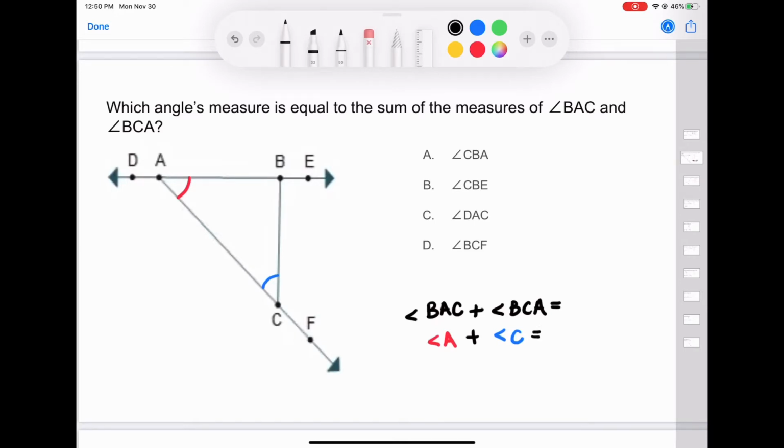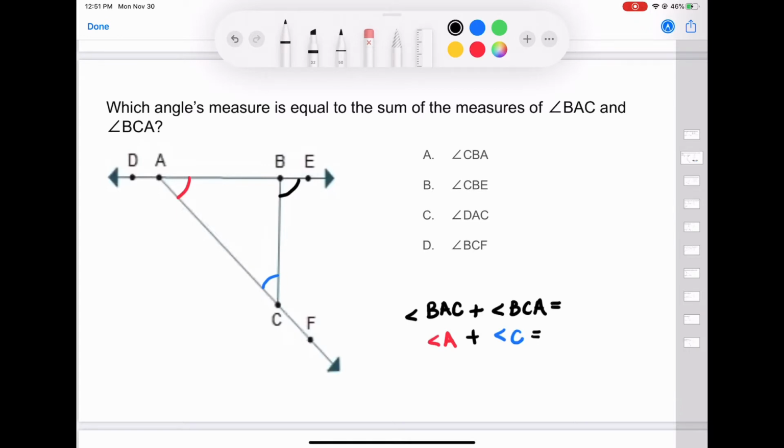Well, what we know is that the exterior angle of a triangle is equal to the sum of its two remote interior angles. Therefore, we would want to find the exterior angle that considers angle A and angle C remote interior angles, and that is this angle right here. So when we add these two angles together, angle A and angle C, we get